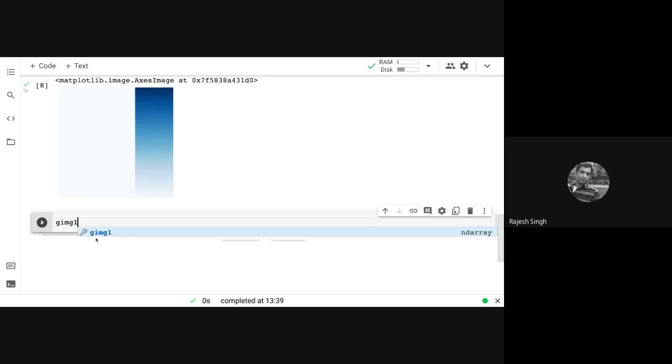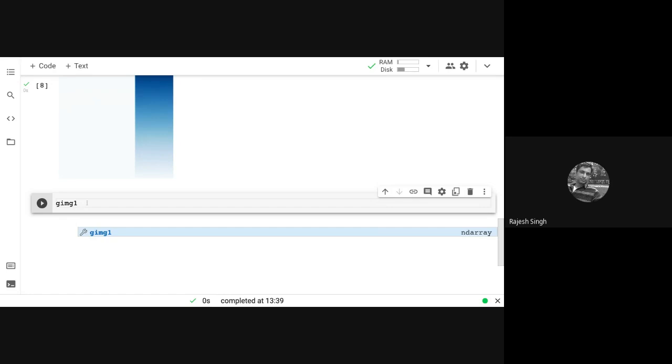So GIMG1 is going to be equal to the average of the three. So all I can do is, see, average of the three is 1 by 3. 1 by 3 is 0.33.